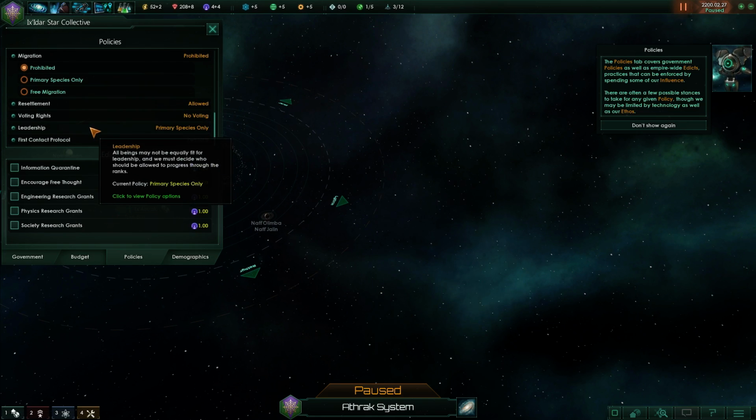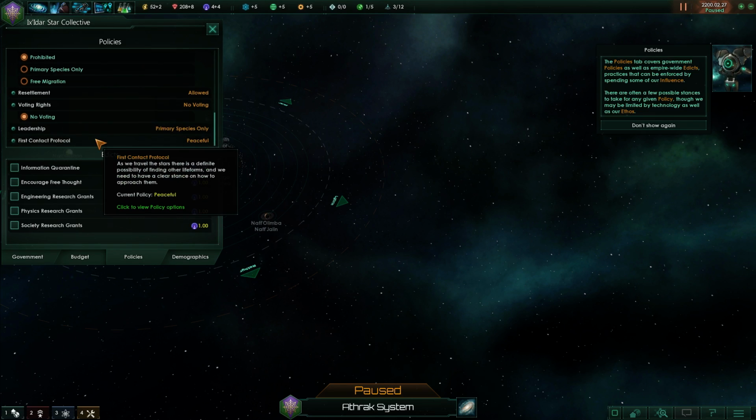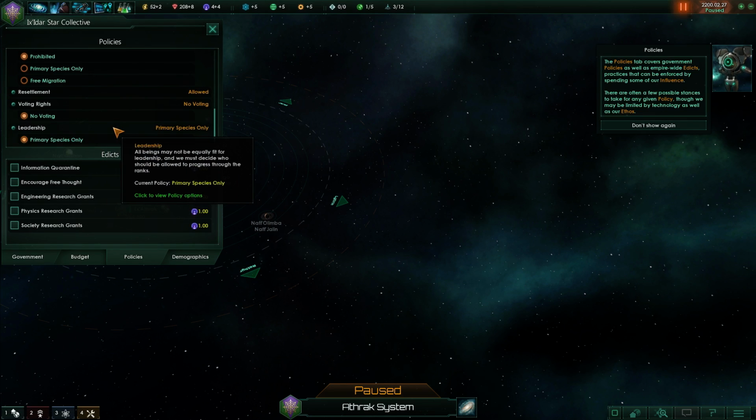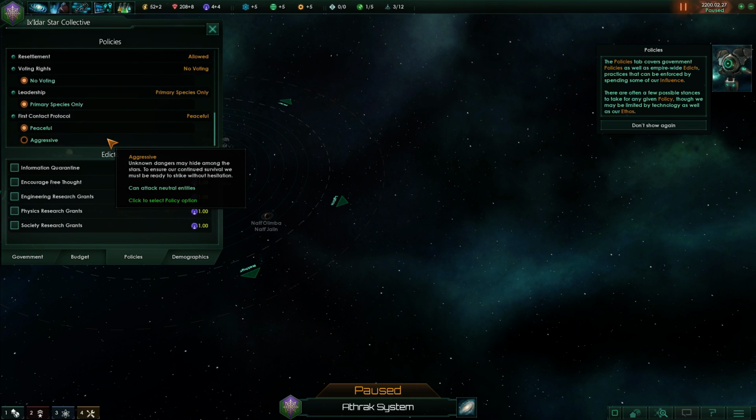Migration, resettlement. Oh yeah, I'm just gonna have to read through all these. No voting rights, just none. No one votes. Only a primary species can be a leader. Only space bugs. Space bugs for space bugs. First contact, we are peaceful. We could change it to aggressive, or we would attack